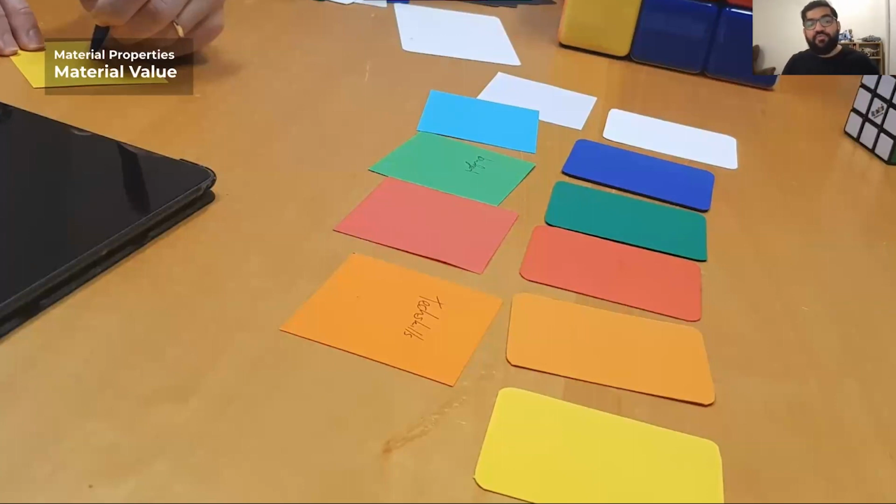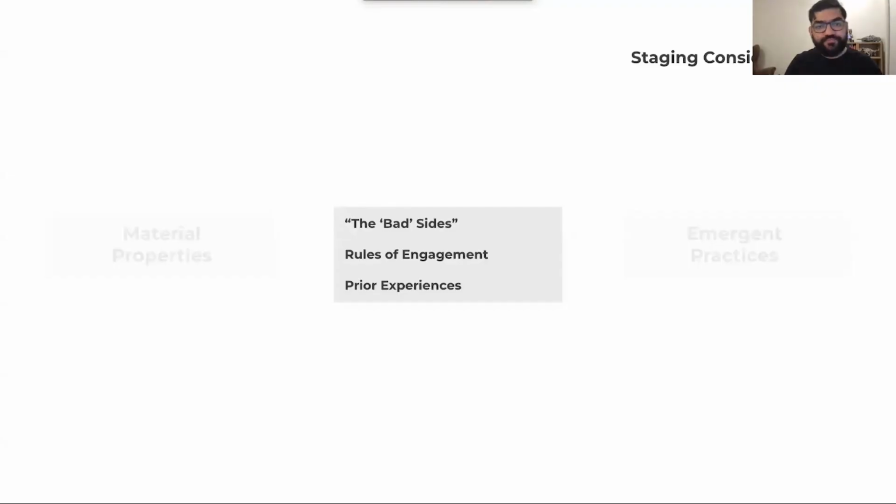This material value consideration was more prominently seen later when participants refused to write on the blank design cards provided for ideation. They thought that the research team had put in a lot of effort into their construction, and the card colors corresponded to the cube faces, were made of thick cardstock, and had rounded edges. So participants from 4 out of 5 workshops requested to use scrap papers as proxies of the cards instead of writing directly onto them. This again gestured that the material value could be used to both facilitate and inhibit participation.